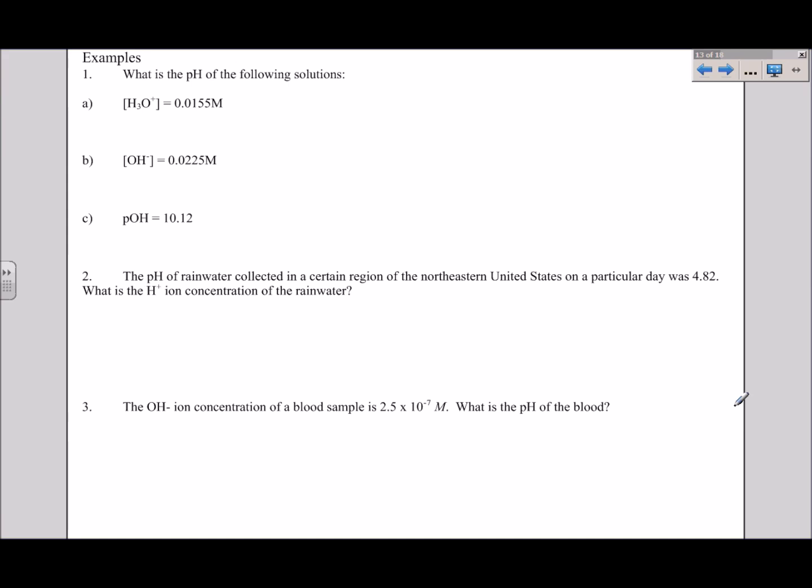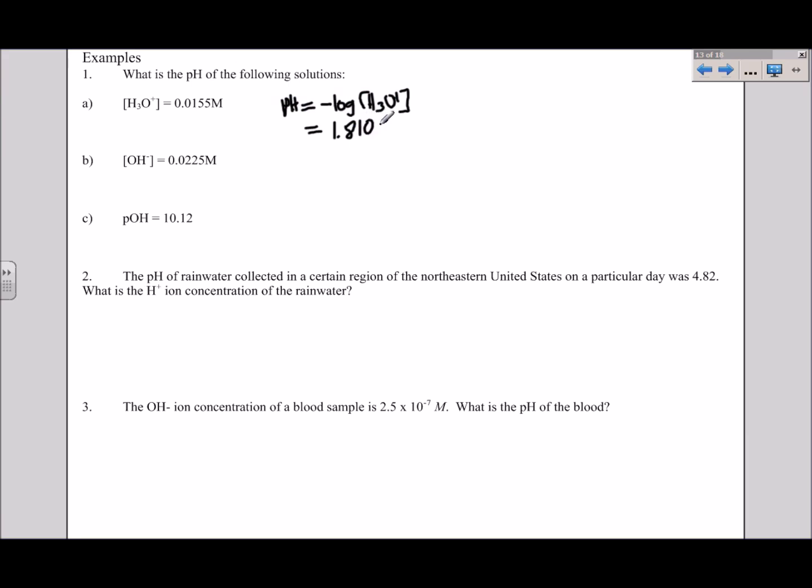First question asks us to find the pH of some solutions. And what we need to do is determine which formula will be appropriate for finding the pH. And in some cases, it will require 2 steps and using 2 formulas in order to do so. The first question gives us the concentration of the H3O plus. So therefore, we can plug directly into the pH formula, which is that the pH is equal to the negative log of the concentration of the H3O plus. And when we use our calculator to do that, we find that we obtain